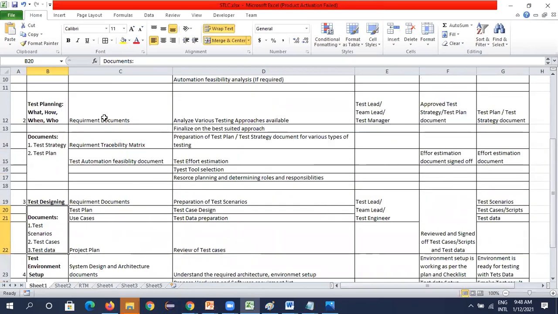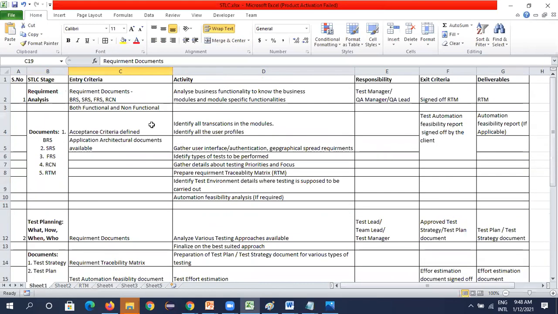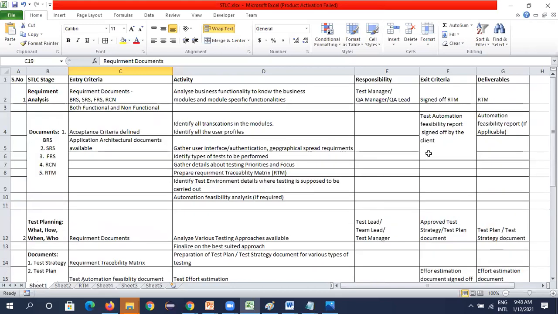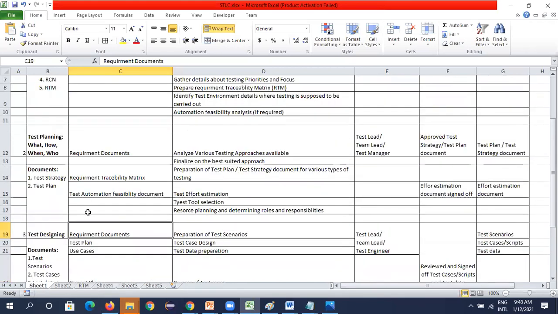So for test designing, the entry criteria are the requirement documents. When you are writing a test case, you need to understand what you need to write, right? You need to understand the business, so you go through the documents and the requirement traceability matrix, where all the requirements would be there.